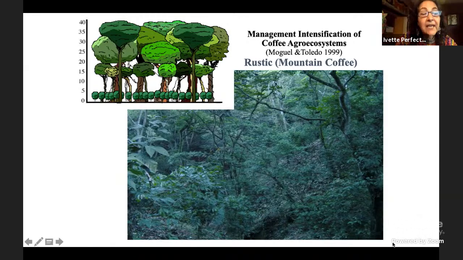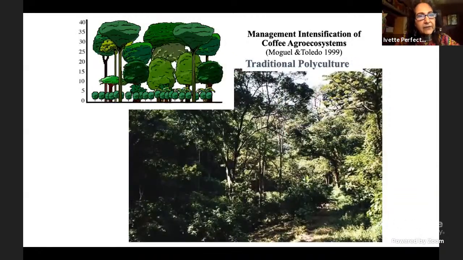So it maintains a lot of the diversity of the natural forest. Then you have this traditional polyculture, what Moguel and Toledo call traditional polyculture, which are still very diverse. And the system where we work is one of these traditional polycultures, very diverse, a lot of shade trees,